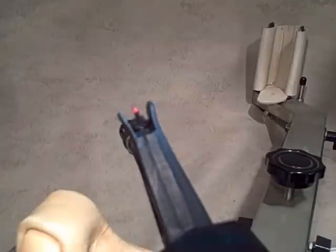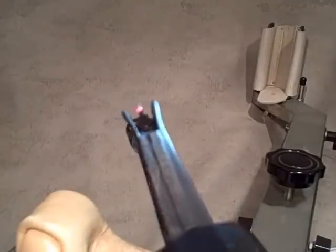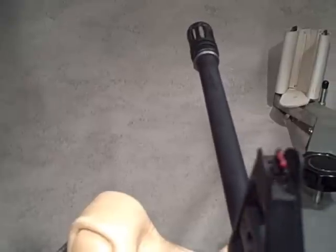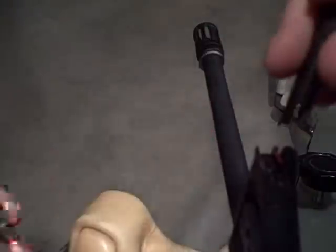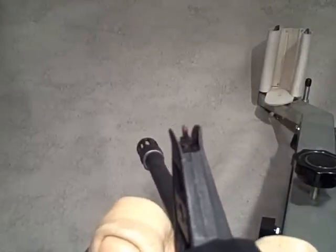With light shining on it, it collects a little more light in a bright light. We can go ahead and spin it to show what it would look like with the smaller dot. Easy to do in the field or at the range. Just push down that detent, give it a 180, knock the camera over, and now that's what it looks like with the smaller dot against white